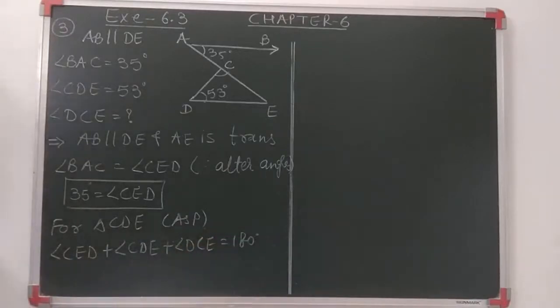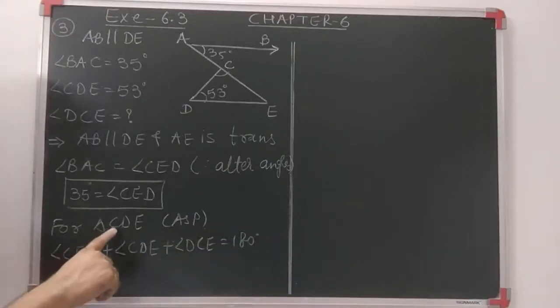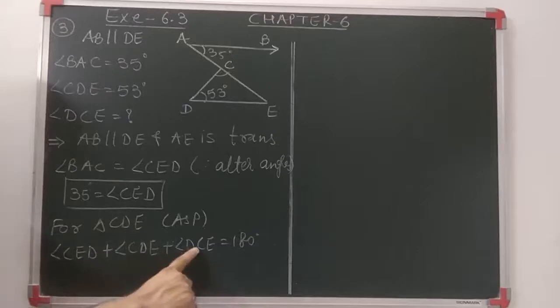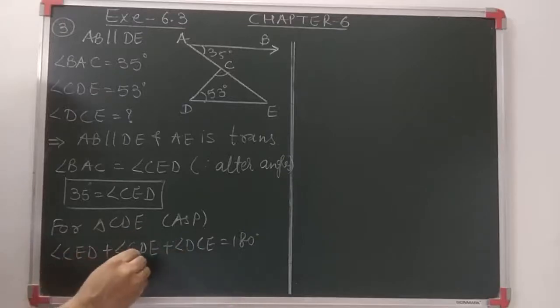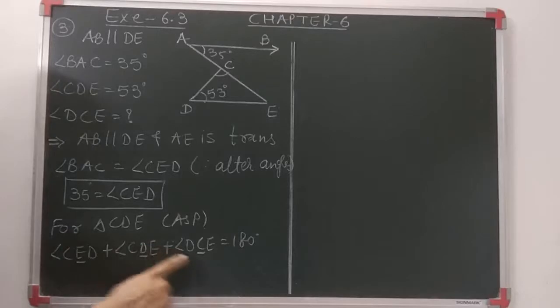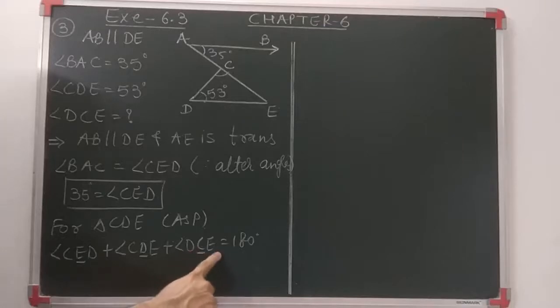Now look at here students, one thing you should remember, whenever we talk about a triangle, it has three vertices C, D and E. So when we use the angle sum property, these three vertices, C, D and E, should be there. Fine. Then whatever the order of the first and last vertex doesn't matter. Now you can write DCE or ECD. So this is the C, which is the vertex, or we can say the angle.